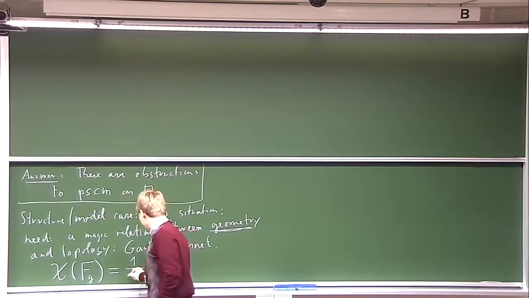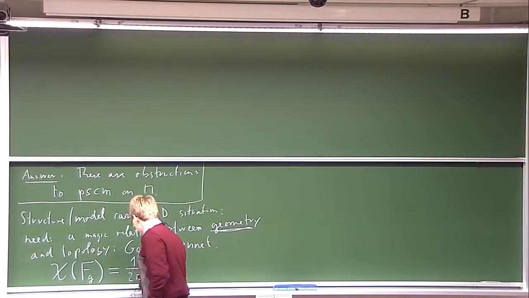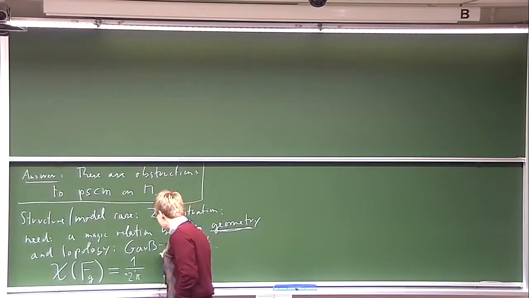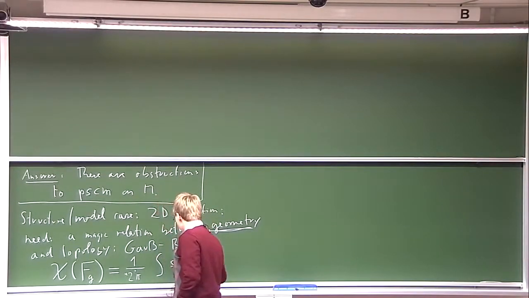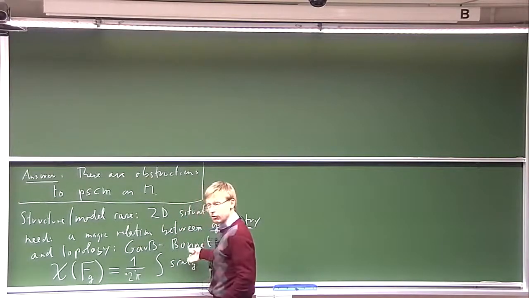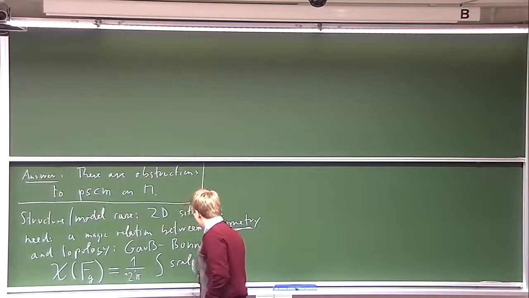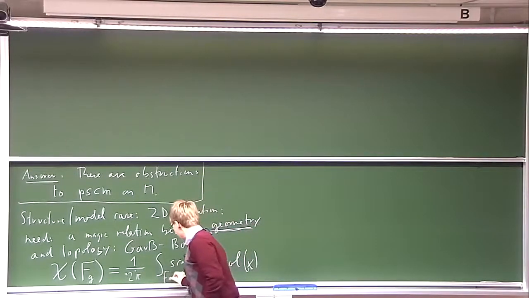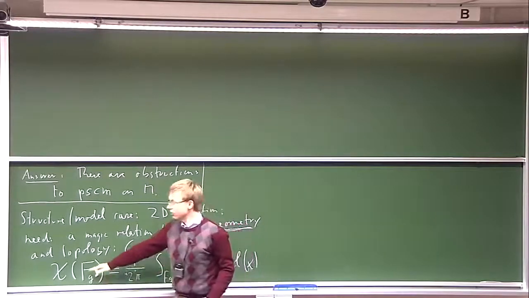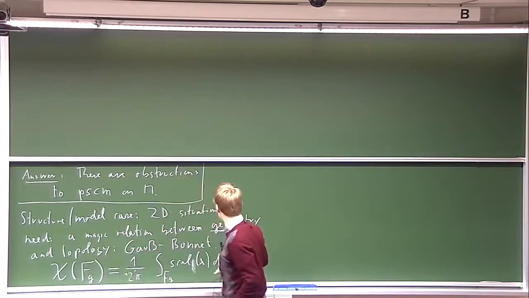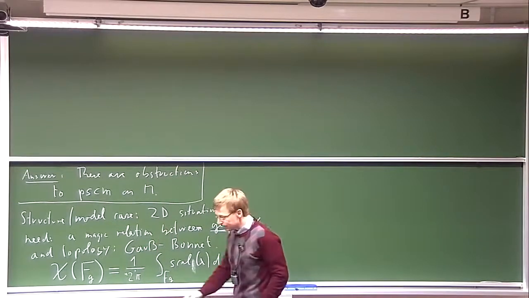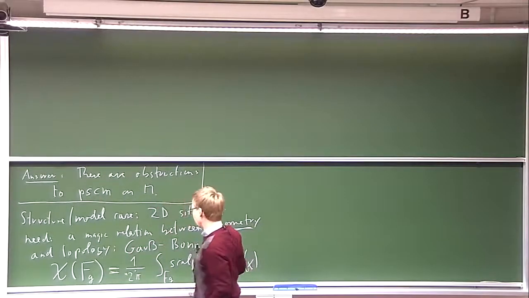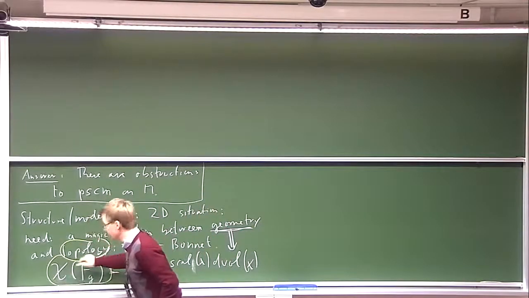gosh, I didn't prepare the constants. I think it's 2 pi, but don't take this completely for granted. This times the integral over the scalar curvature, for whatever metric you pick on the surface, using the volume form over the surface. So the integral over the scalar curvature gives you the Euler characteristic. And here you see the geometry. And it's very clearly related, because there's an equal sign, to the topology we see here.